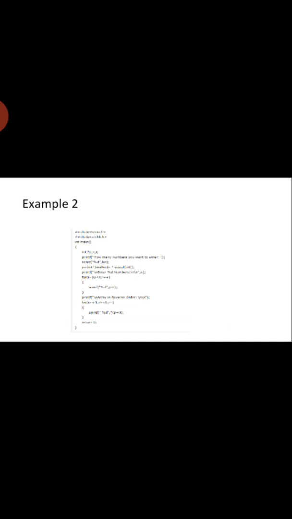Okay, and pointer is the best friend of structure. We know. So we are going to mix those concepts. Okay, so now we are having the loop. We are going to scan those values, and now what we have done is